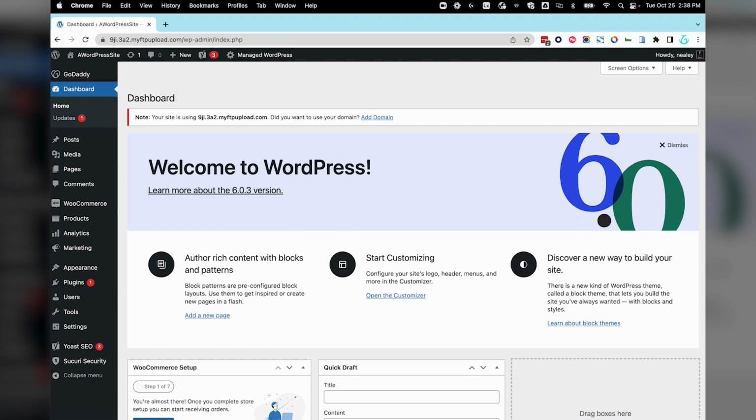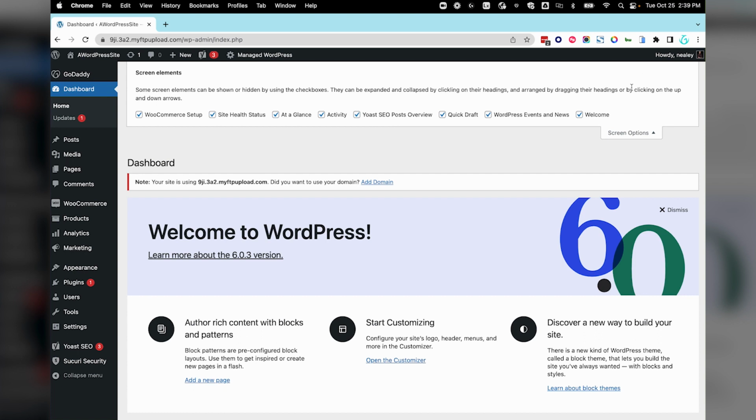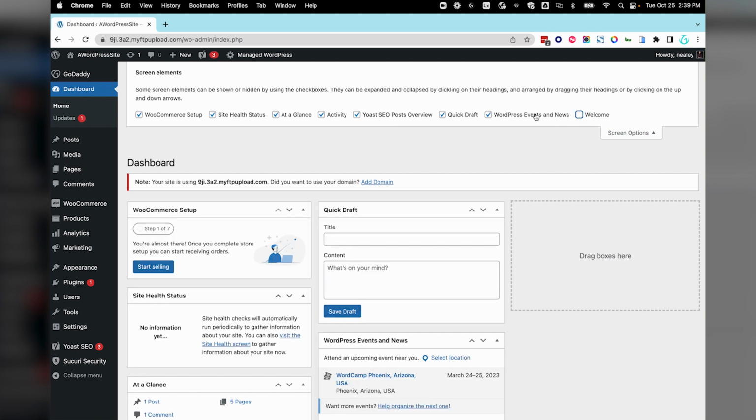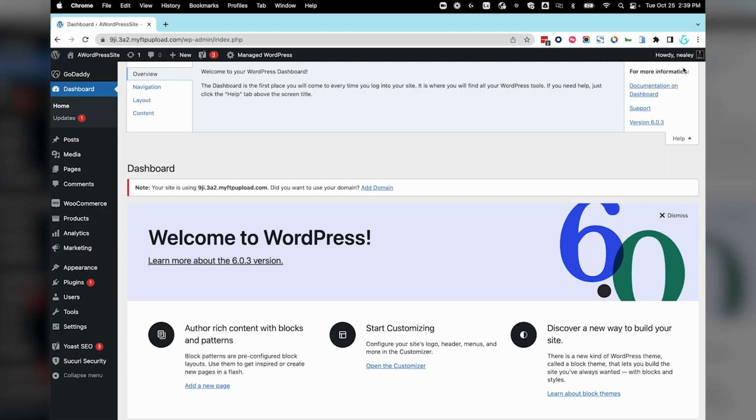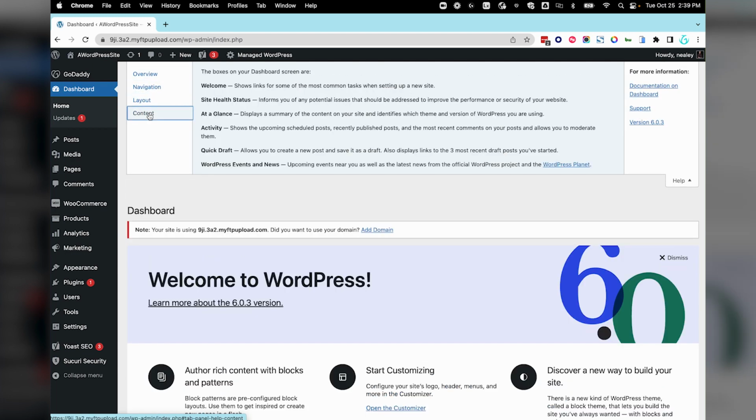Below your username on the top right, there are 2 hanging tabs, Screen Options or Help. These tabs expand and provide additional information or help for the page you are viewing. The Screen Option tab allows you to show or hide the boxes that display in the work area. It's as simple as clicking or unclicking the options. The Help option gives you links to help articles for the page you are on.